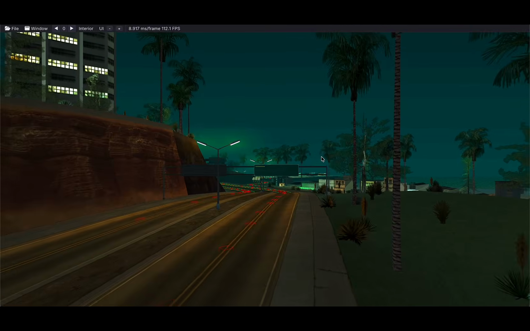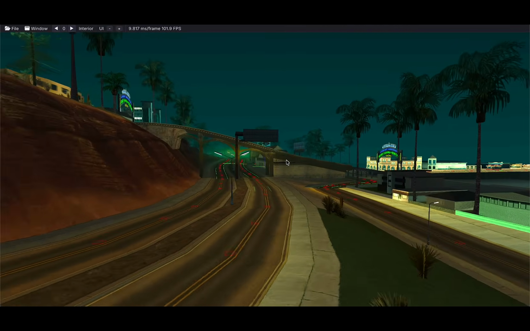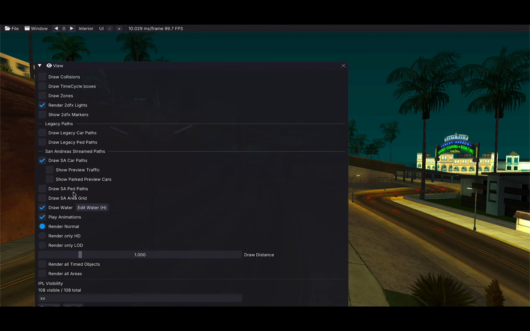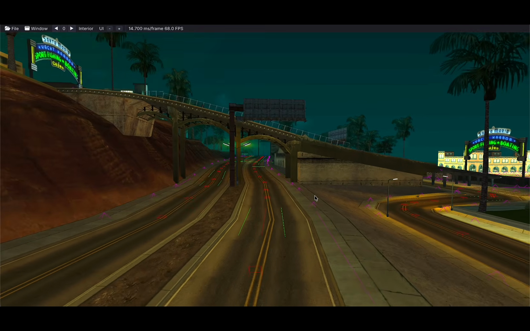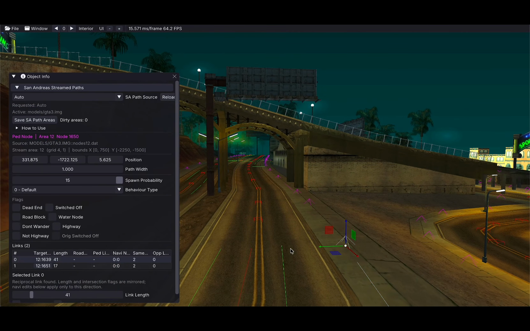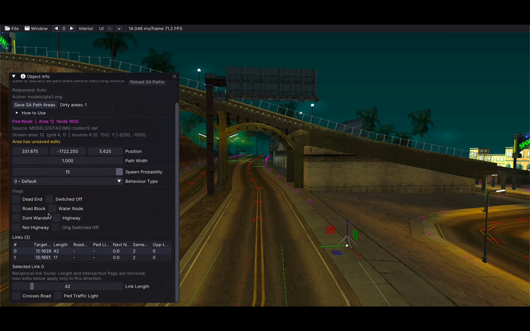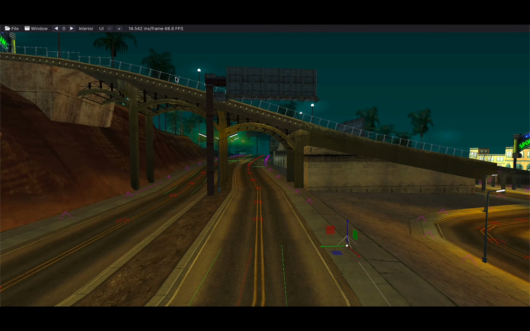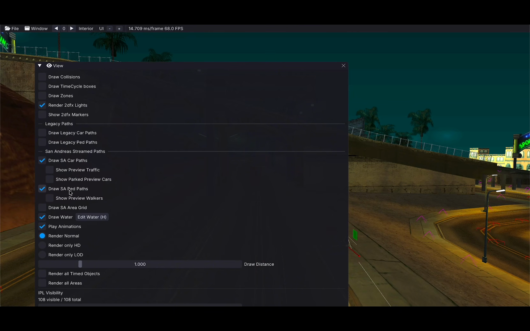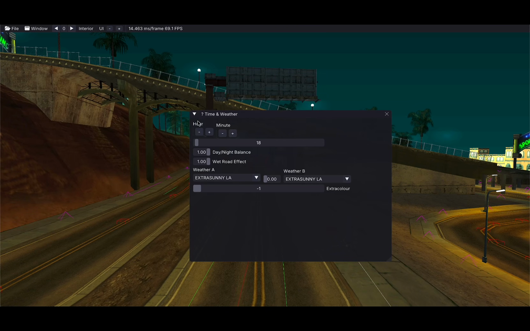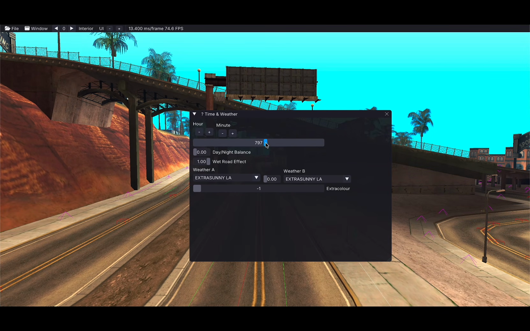So you can see all the paths, the nodes, everything for the NPCs as well if you press peds. So for now, you can click on any nodes and you can move it. You can edit all the properties. You cannot add new ones yet. It will be in the next update. But look at a very interesting thing. If you go on, so I will put the day because you will understand why,